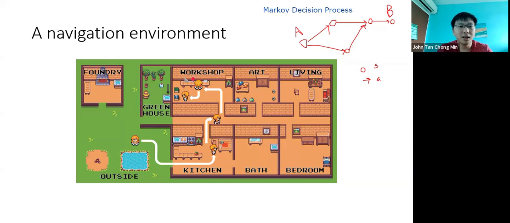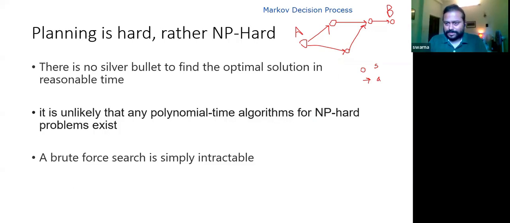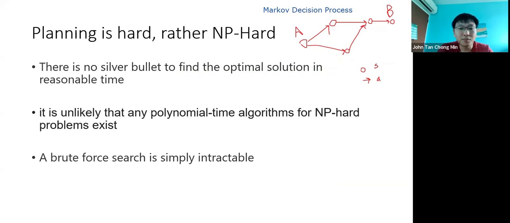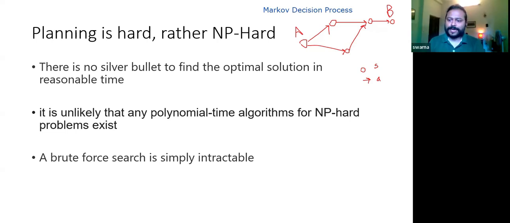I just want to ask, could you go back to your previous slide? You said it's very hard to find a planning solution, that it's NP hard. Does that apply to graphs that are infinite, or even to finite graphs, meaning there's only a fixed number of nodes? Because you could probably do a brute force search over finite nodes. Is your statement for graphs that have infinite nodes? No, this is true for finite node graphs also.